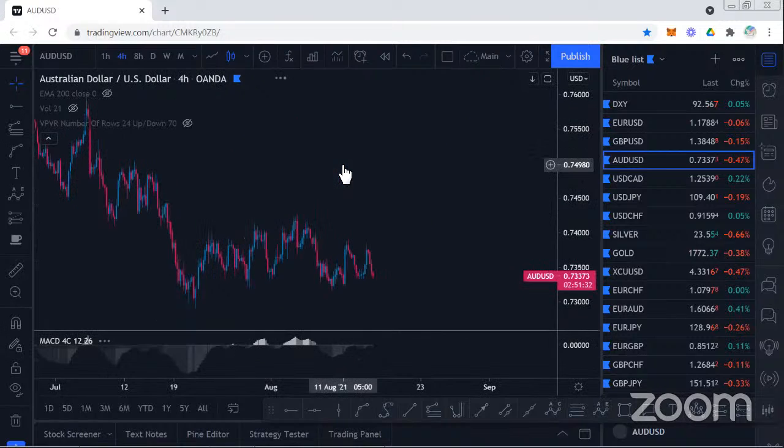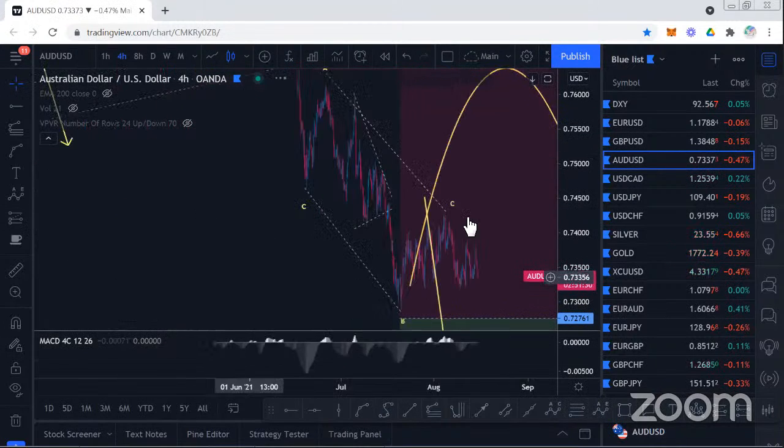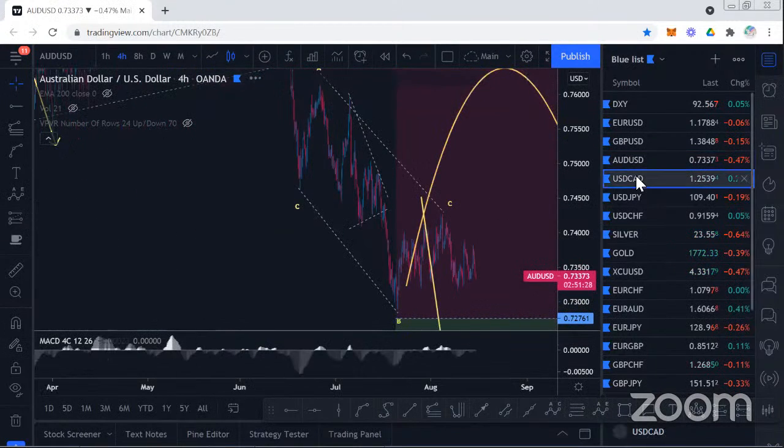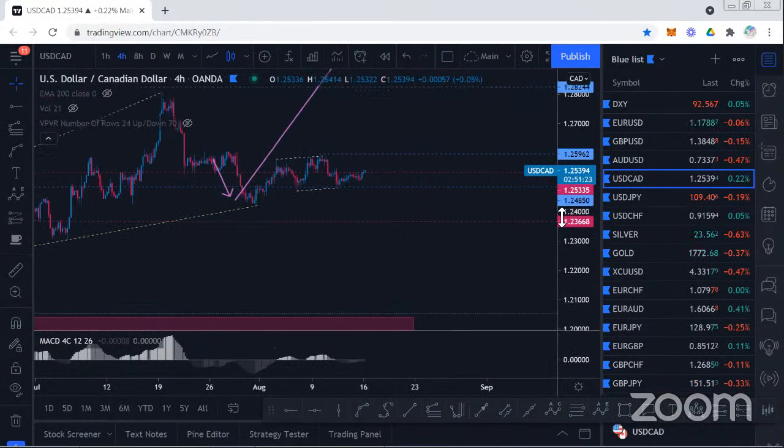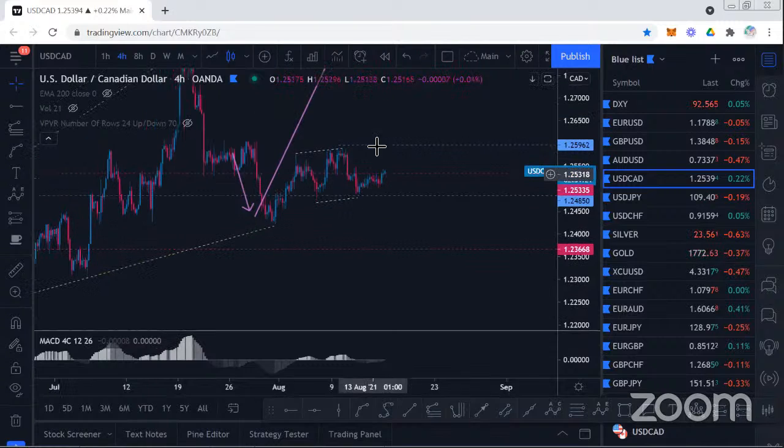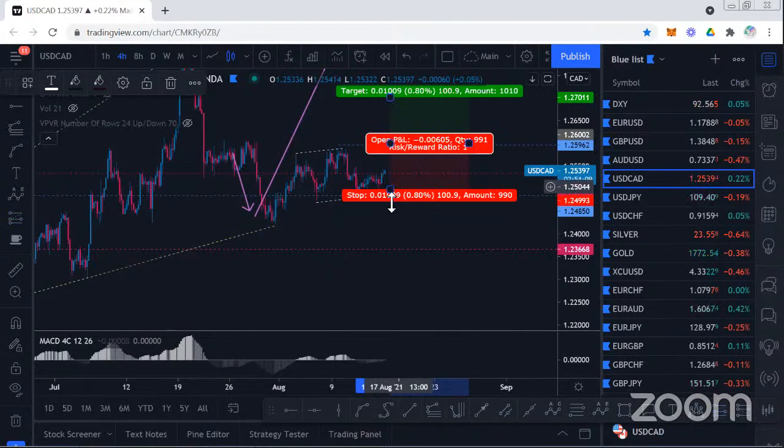Aussie dollar US dollar, kind of still chopping around. I still see downside here, but it's not the cleanest picture. US dollar CAD is a much cleaner one. I still like the trade. As you can see, there wasn't much in terms of dollar sentiment against the CAD on Friday, which means we can see that dollar bull is really weighing hard on the Canadian dollar, and the entry order above the highs is still definitely valid. So we'll be watching for that.